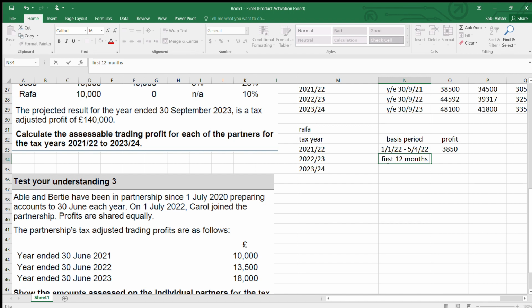That is 1st of Jan 2022 to 31st December 2022. Okay. So out of this first 12 months, the 9 months is okay. You can take the 9 months profit and add the 3 months profit of the next period. You understand what I mean? You will add